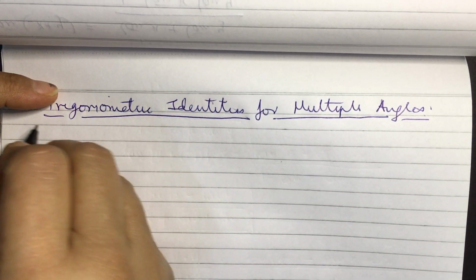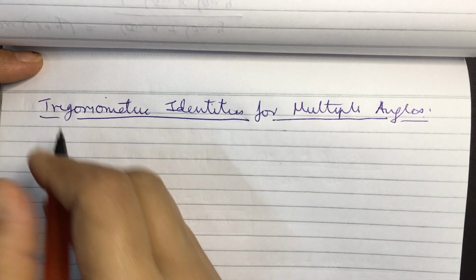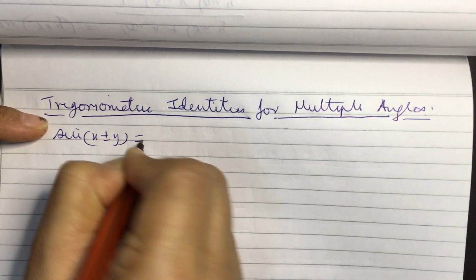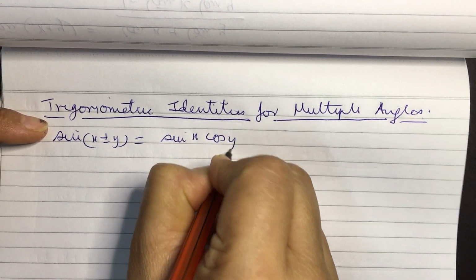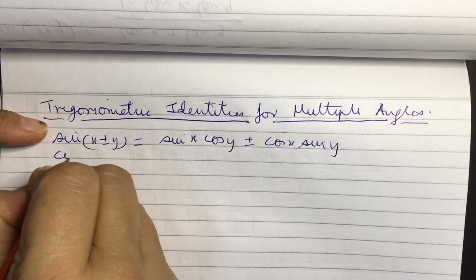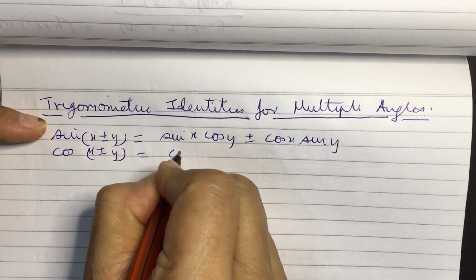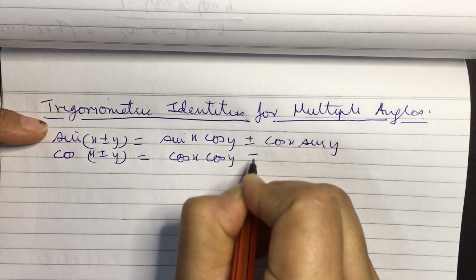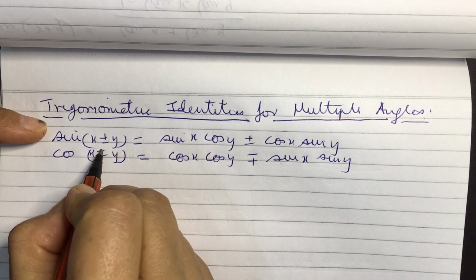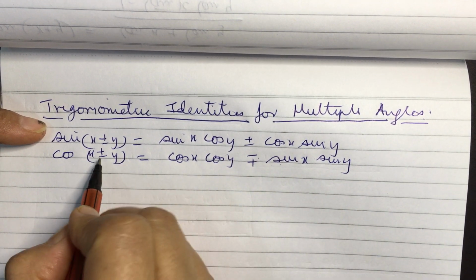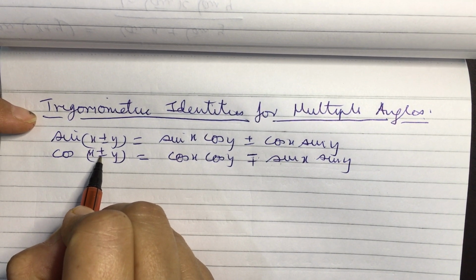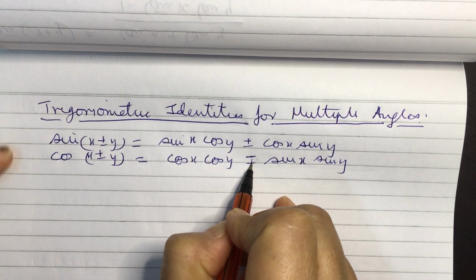So we know that, again the same four results, that sine of x plus minus y, I am writing them together, equal to sin x cos y plus minus cos x sin y, and cos of x plus minus y is equal to cos x cos y minus plus sin x sin y, where the way we write plus minus tells us that whatever sign is on top goes with the sign on top here, and whatever sign is below goes with the sign which is below it.